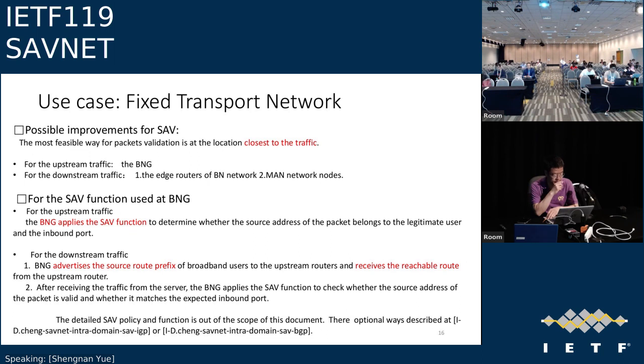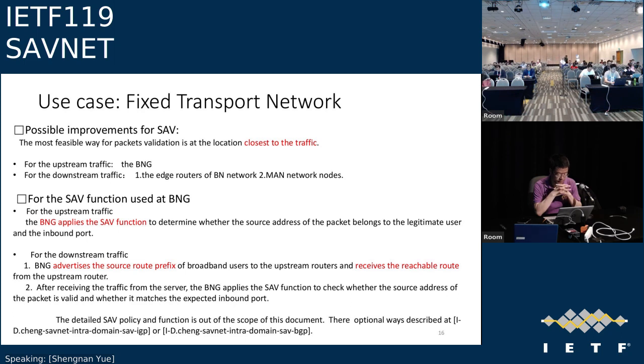So the most feasible way for packet validation is at the location closest to the traffic. For the upstream traffic, it is at the BNG, and for the downstream traffic, the best location is at the edge routers of the backbone network. If there is no Savnet, we can use it at the metro area network node. And for the SAV function used at BNG for the